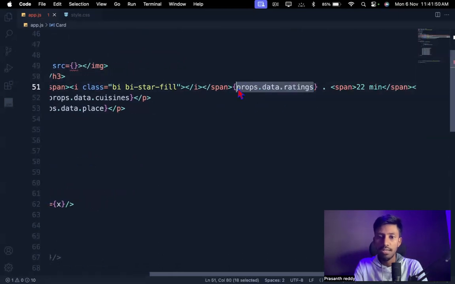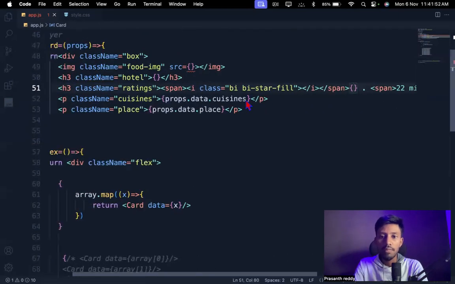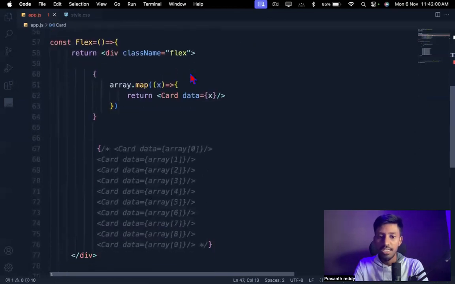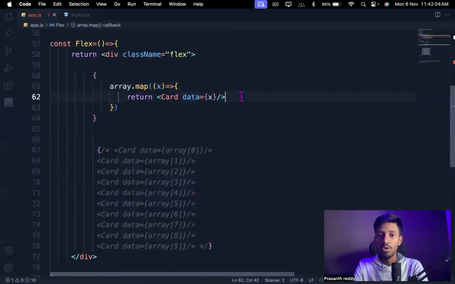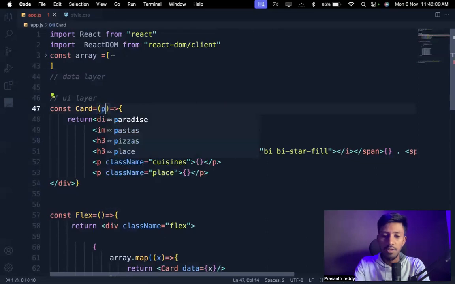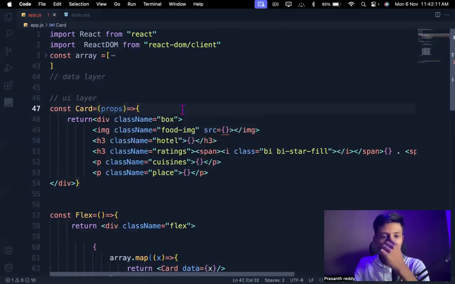Now you have to tell me what the syntax is. Let me remove this one also. First of all, what is that? We already pass the props. Let me remove this one as well. See, we passed in the data over here. Now this is the external data. So now let's go and see this. Let's pass the props over here. We pass in the props over here. Do I need to call it props? No, you can take any name that you want.